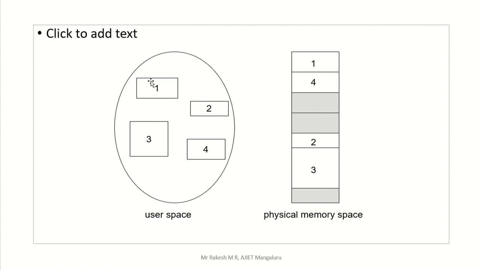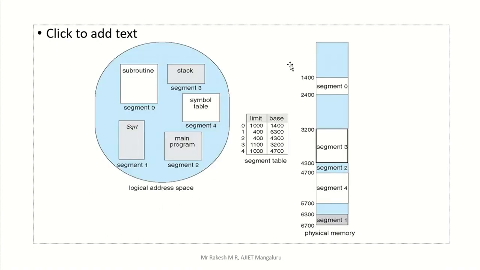But related to this process we have 4 segments, and we store them here. But where we store them, we need the corresponding frame number, right? Where do we store the corresponding frame number? How to save that? In the previous concept we had a page table, but here we don't have the page table concept because segments are there. That's why the concept here is the segment table. You can see this segment table.